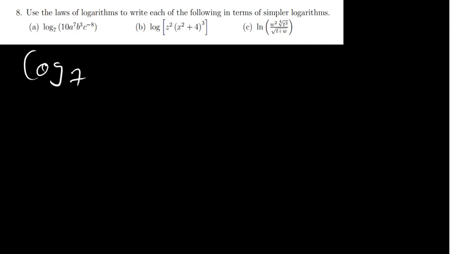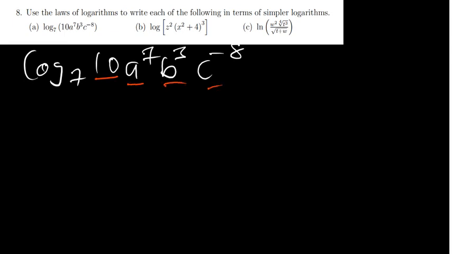I have got 10 a^7 b^3 c to the power negative 8. So how many things do I have here? I have got a number, and 1 2 3 4. Meaning that I've got log base 7 of 10 plus, since there's times here, so again another one is